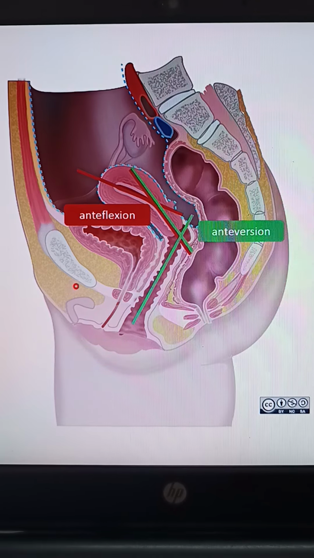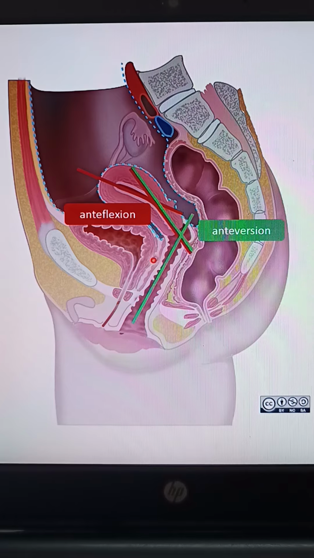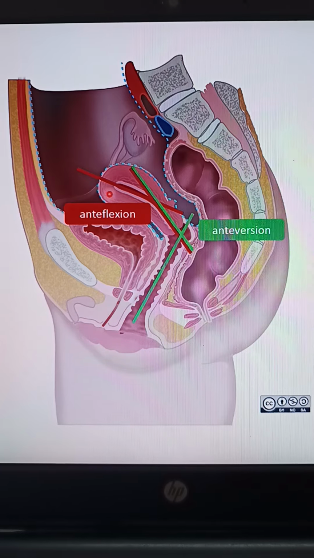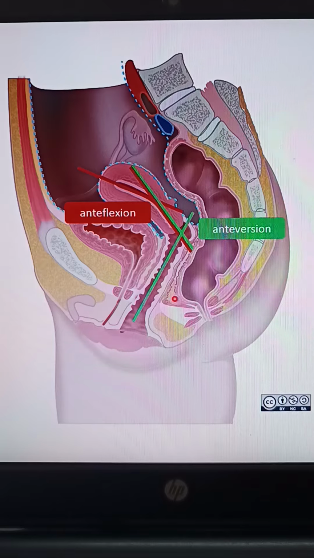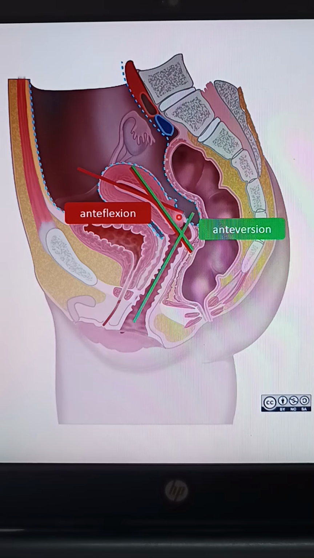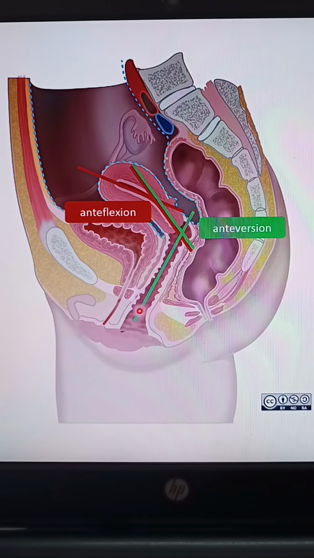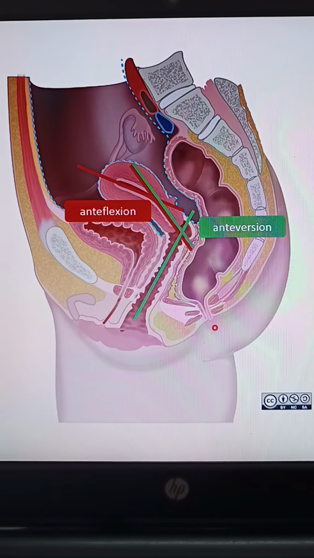So whatever is in between are the pelvic organs. If you track from front to back, here is the urinary bladder, followed by the uterus and the vagina, and most posteriorly you can see the rectum and the anal opening. So the urinary bladder opens via the urethra, then the uterus, the vaginal canal, the vaginal opening, the rectum and the anus.